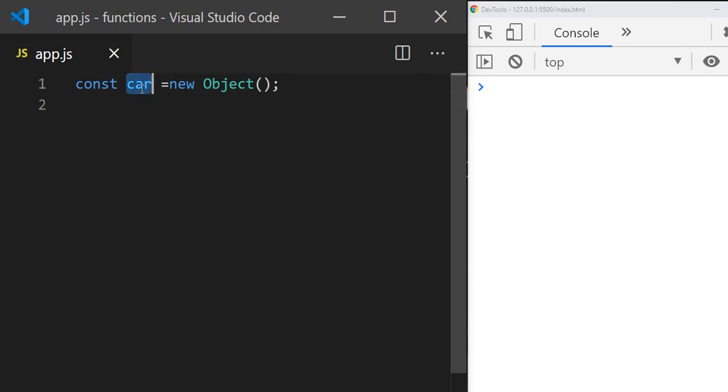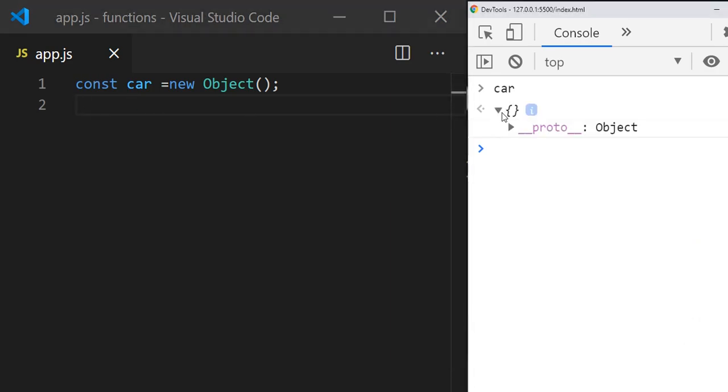Now we can see what the type of car is. Since we are running index.html where we refer to app.js, whatever objects or variables we are creating in app.js will be available in the console. So we can just directly write like that instead of writing console.log here, and save time.